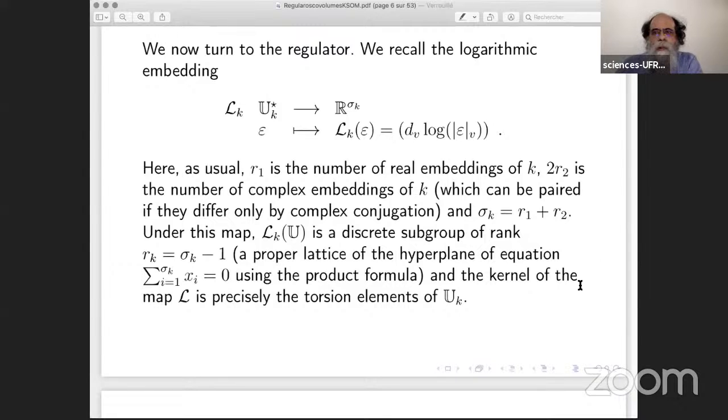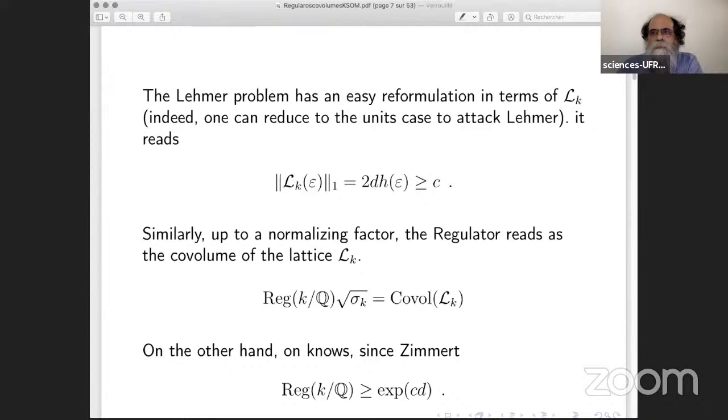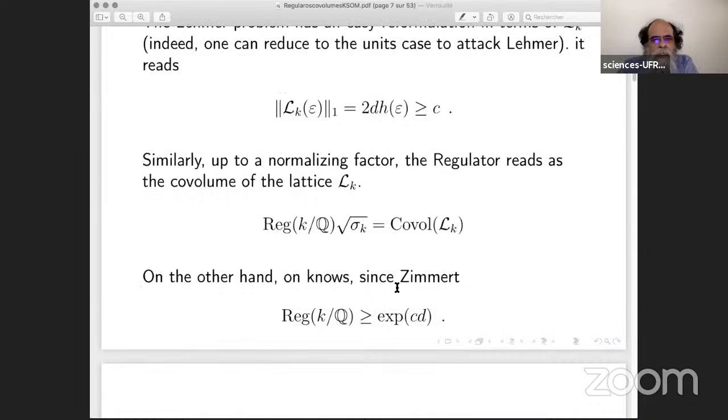Okay. So now you can reframe the lemma problem in terms of the L1 norm. Just take the L1 norm, using again the product formula, you see that the norm of a given unit is 2d times the height of epsilon. And so Lehmer's problem just claims that the L1 norm is bounded below. Okay. So up to a normalizing factor, the regulator for itself is just, so maybe I should have put the